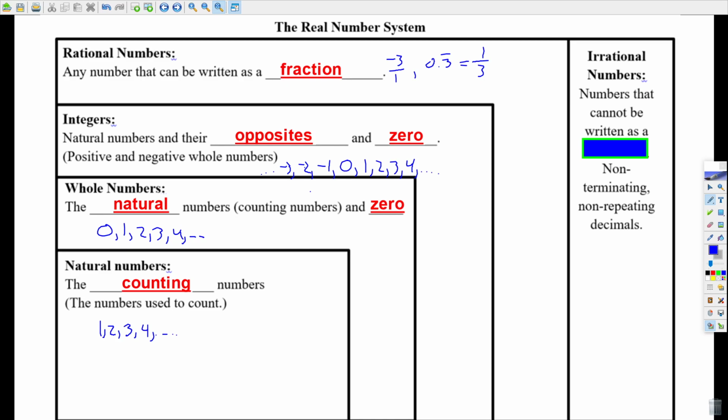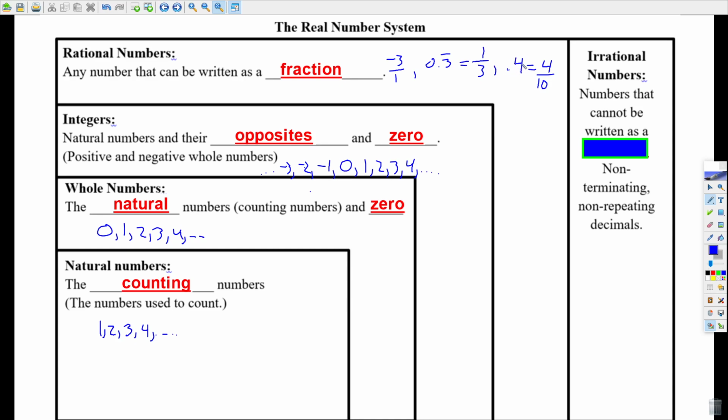Any other good examples? I'm trying to think of what else. Like any decimal that ends. So we have, right, 0.4. What would that be as a fraction? I don't know if you learned this before, but you can move the decimal over. And you would move the decimal over on the bottom too if you put it over 1. So 0.4 is the same thing as 4/10, or 2/5. So any decimal can be written as a fraction,